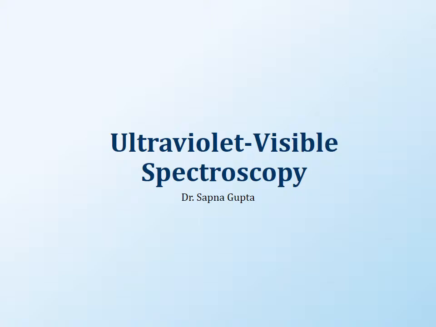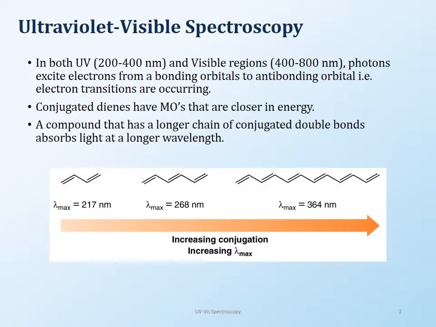Now let's talk about ultraviolet and visible spectroscopy. Usually we deal with these two in the same section because they're in the same region, and also you require only one lamp in order to do this spectroscopy. So in UV-Vis spectroscopy, we deal with a region of 200 to 400, which is the UV region, and